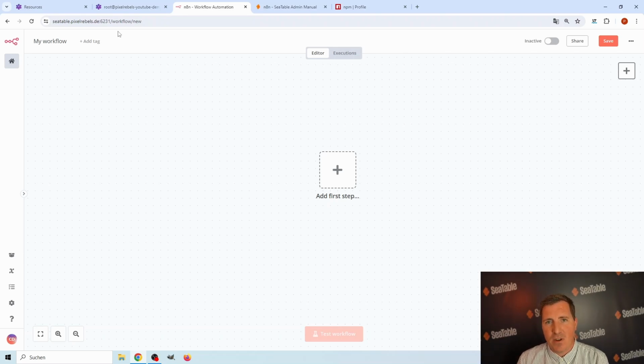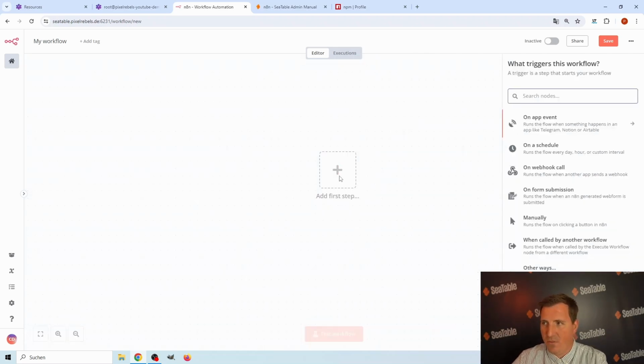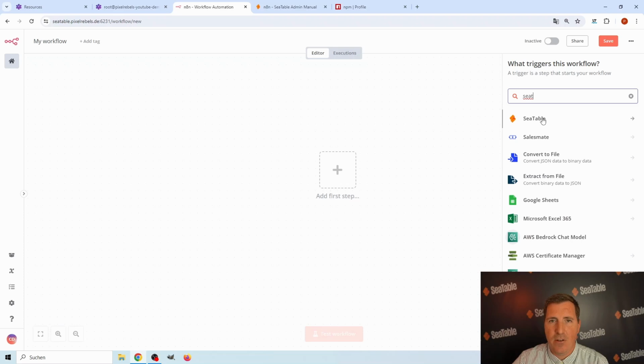Okay, to summarize, just some hints: n8n comes with a predefined node for Ctable, but this is outdated, and there is a newer one. I just want to show you how easy it is to get the latest version via a so-called community node. Community nodes are not part of the main n8n product, and surely in the next weeks or months the Ctable node will be updated, so you won't have to install a community node. But until the latest version is part of n8n,